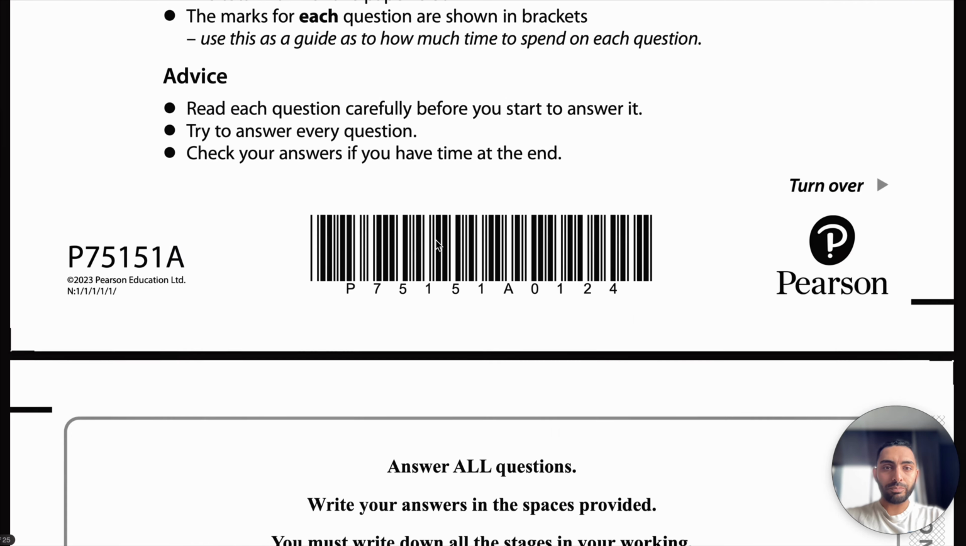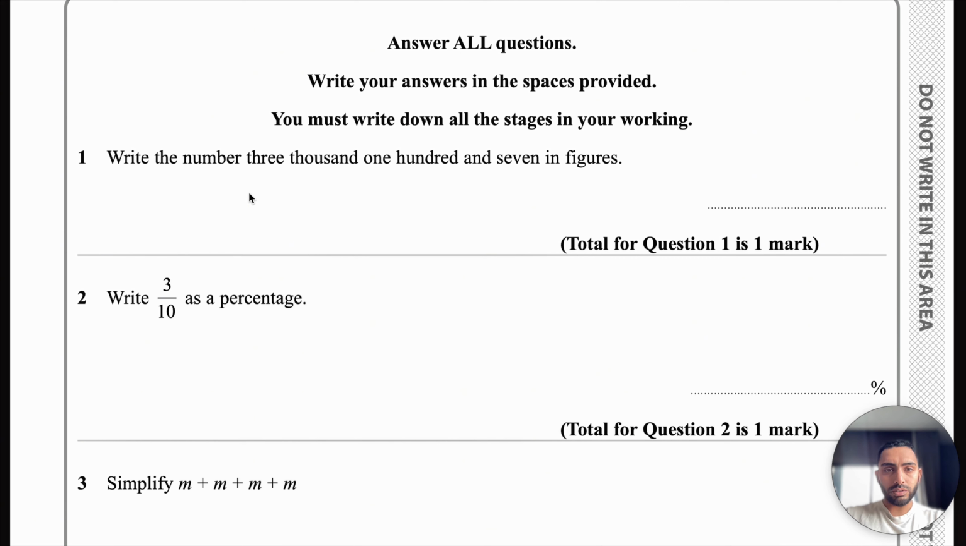Question 1. Write the number 3,107 in figures. So the 3,000 would be written as 3 with 3 zeros. The 100 would be written with 1 and 2 zeros, and the 7 is just a 7 on its own. If you add up all of these, you get